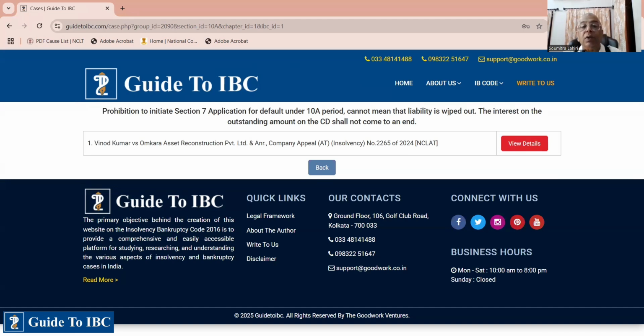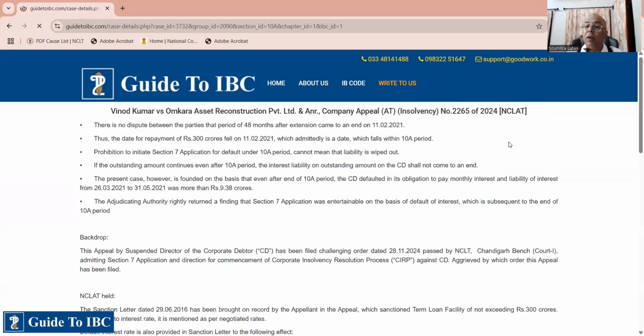The interest on the outstanding amount of the CD shall not come to an end. The interest will continue. And you cannot say that because the debt is within the COVID period, okay, you cannot go for that. But what about the interest, which keeps on accruing? In this particular case, which was originally of IndusInd Bank, if I'm right, this was assigned to Omkara. So